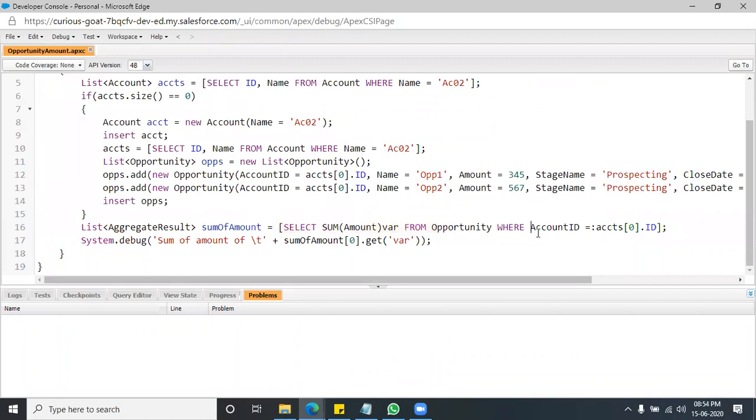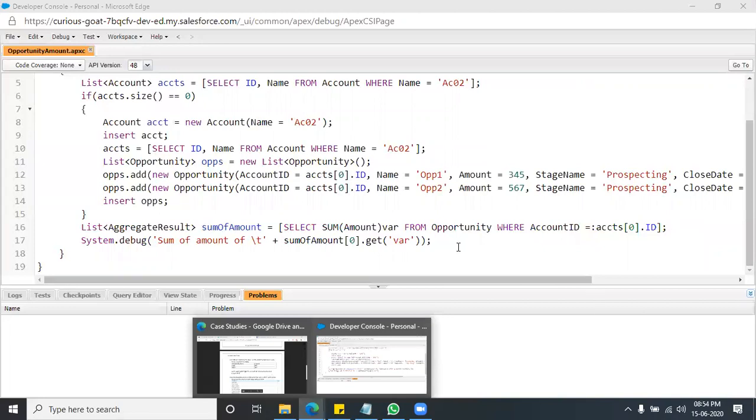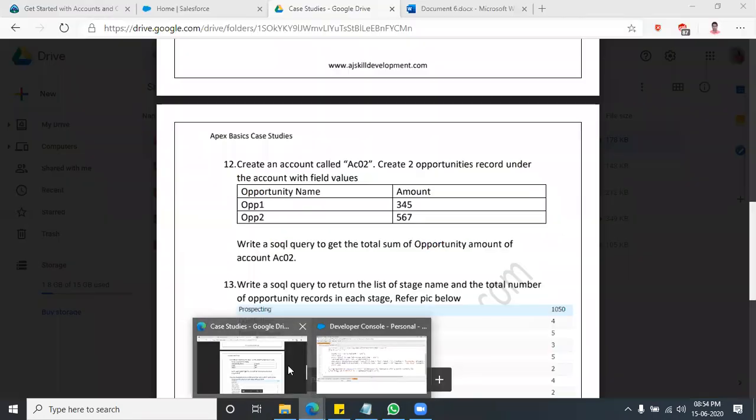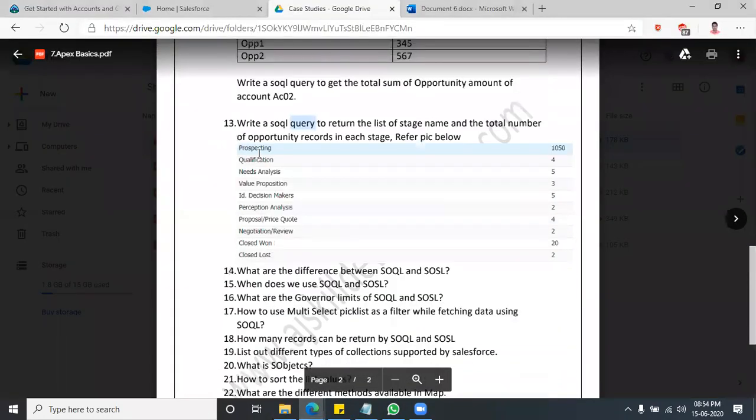For even inserting an account, you went for Apex. Actually, you need not go for Apex to insert data like this. You can manually insert the data. I have given that case study for a SQL query. The line number 16 is enough actually. You are having a sum of amount from opportunity with the account ID. This is fine. Line number 16 is fine. All that you have to use is the aggregate.